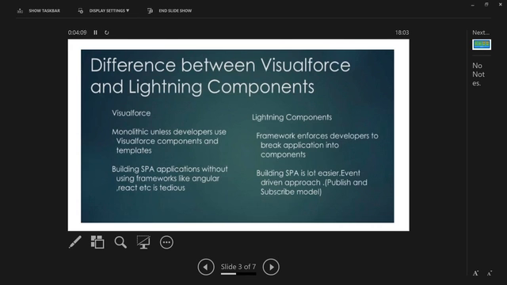So that's the first one. Monolithic, unless the developer uses Visualforce components and templates, unless you create your own templates or custom components. Otherwise, the page is what? You are building a single page. Whenever you make any change, the entire page is going to be modified. Whereas in Lightning,